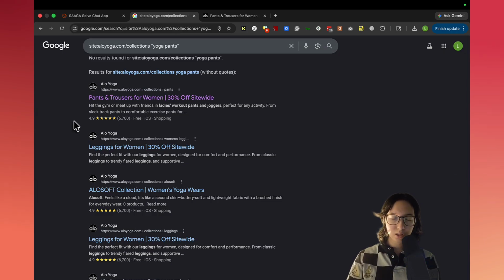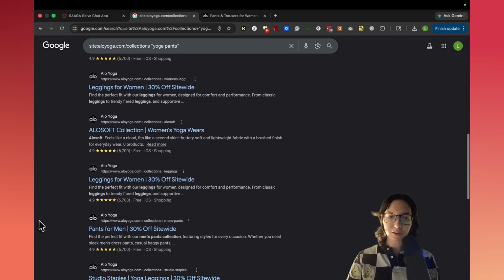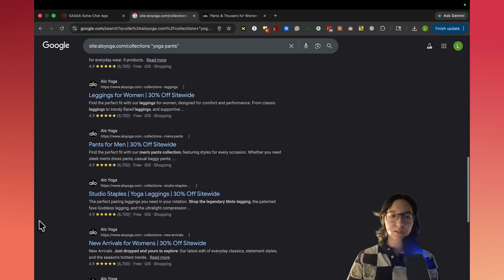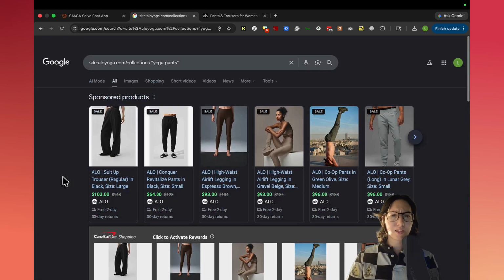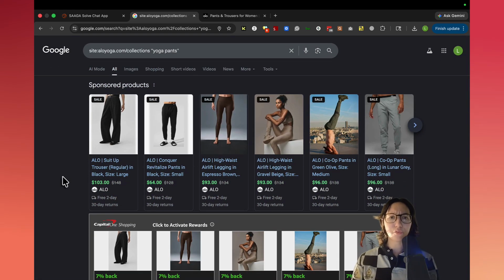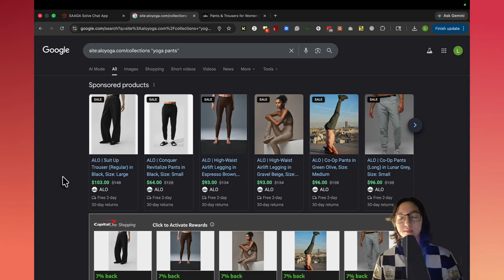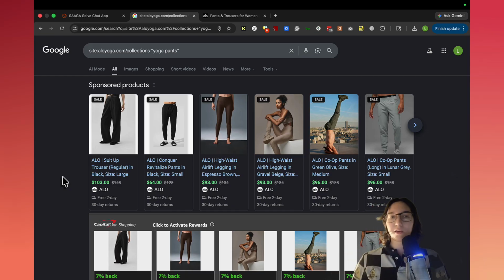And no, it looks like they went in the direction of calling their pants leggings. We've got workout pants and joggers. For some bizarre reason, yoga leggings, they're kind of avoiding the elephant in the room, right? Yoga pants is obviously a very common search term, a very common way to phrase that in natural speech.